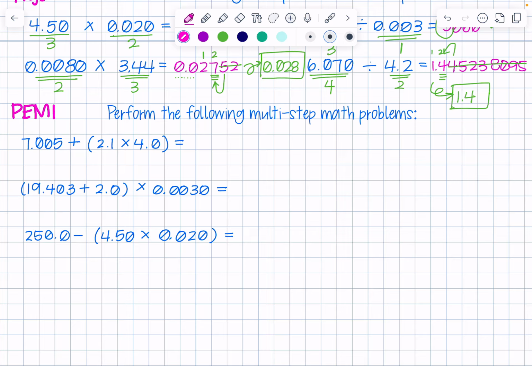PEMDAS, parentheses, exponent, multiplication, division, addition, subtraction, order of operations. First in order is our parentheses. So when I do that math in the parentheses, 2.1 times 4, I get 8.4. So 7.005 plus, and it's actually 8.40 is the number that we get,